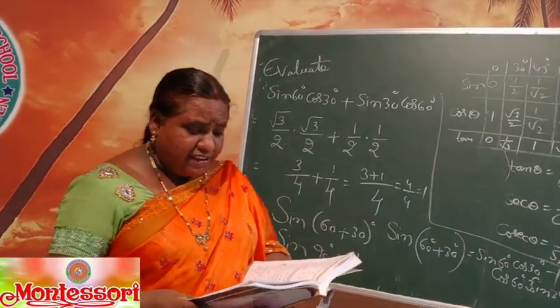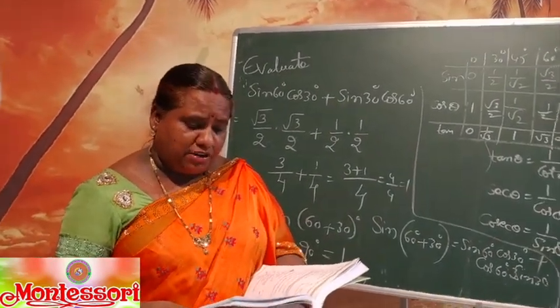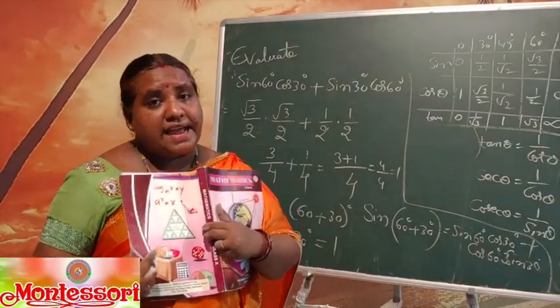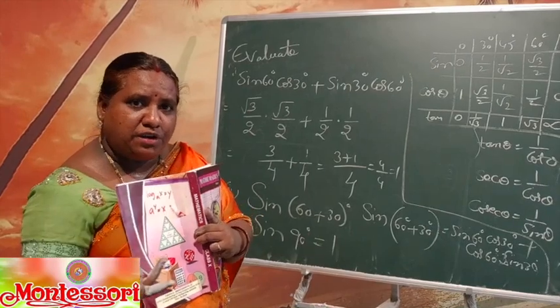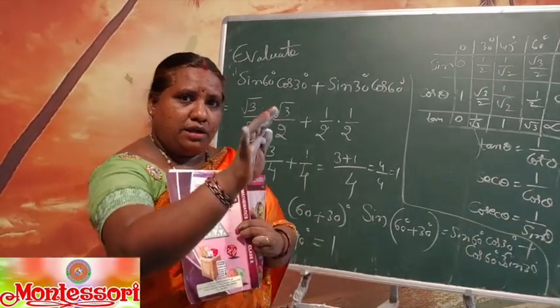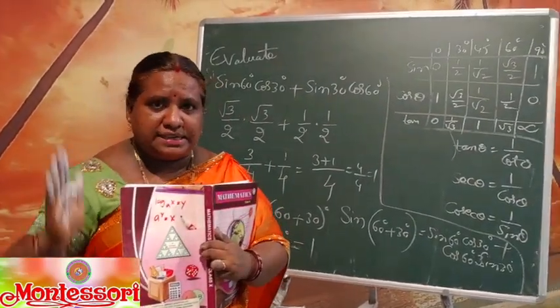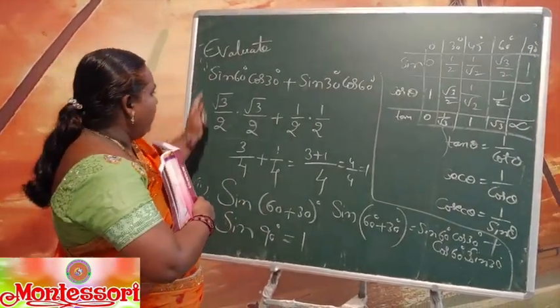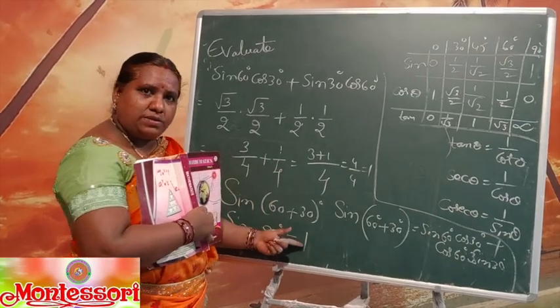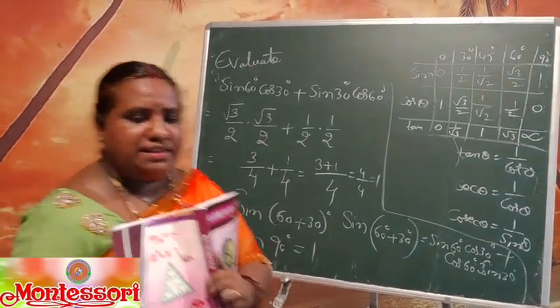And the next one, same way. Is it right to say cos 60 plus 30 is equal to cos 60 cos 30 minus sin 60 sin 30? Same way you apply. You can try by substituting the values. Check LHS, you will get some value. RHS, you will get some value. Are they equal or not? You check it. How do I check now? See, for LHS equal to 1, RHS also 1. Will you try? So I am giving this as homework.